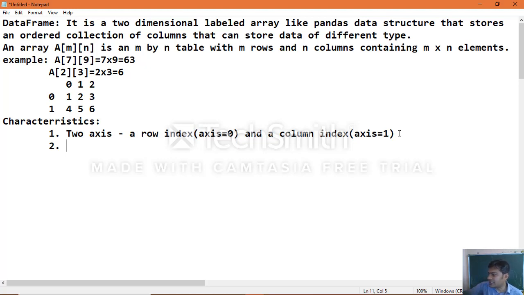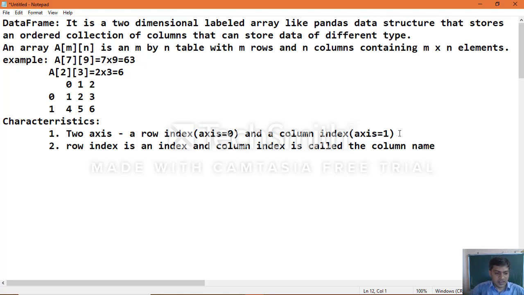The row index is known as the index in general, and the column index is called the column name.